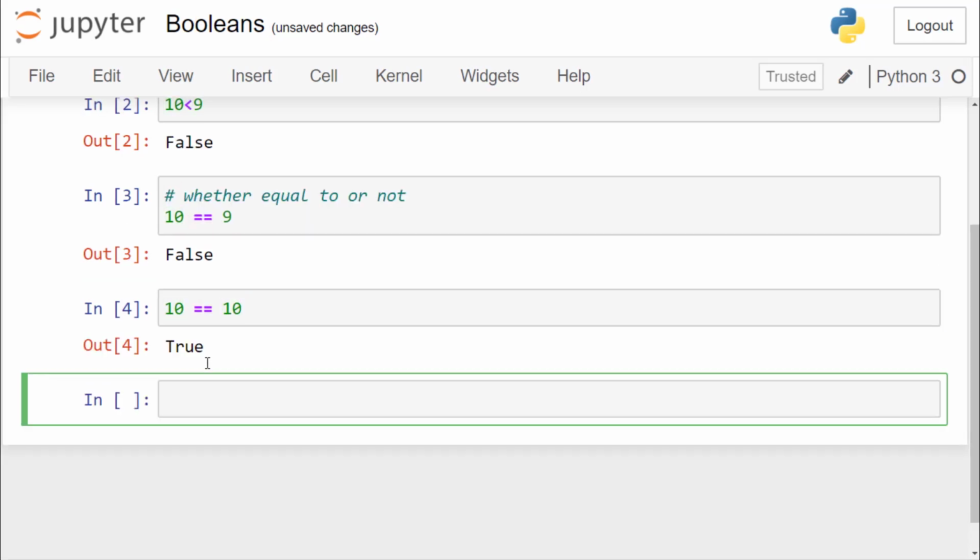When you run a condition in an if statement, Python returns true or false.